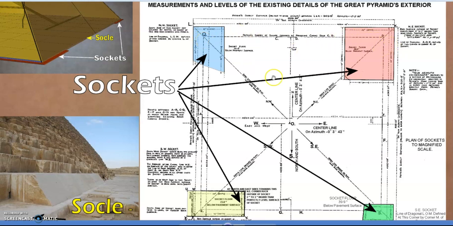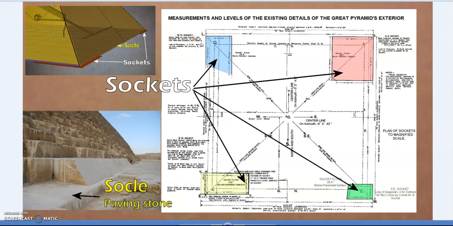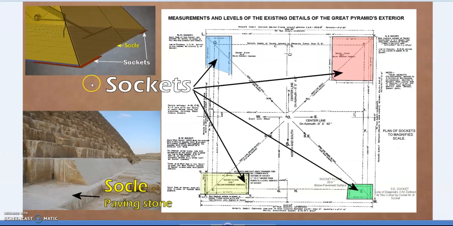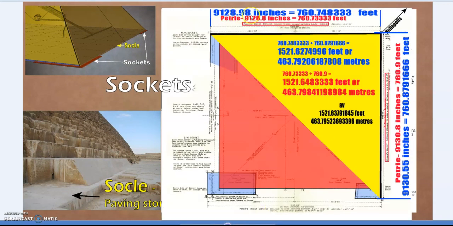So again, they've specified it in these surveys. This is exaggerated. It's adding 2 feet. If you were to put it in proportion, the lines would be indiscernible really from the greater part of it. Just in case you're thinking the sockets are that large, that's an exaggeration of how far the sockets extend. They basically add 4 feet, or 1 1/4 meters, to the base length of each side of a pyramid. Now, using those measurements, for instance, this corner would be